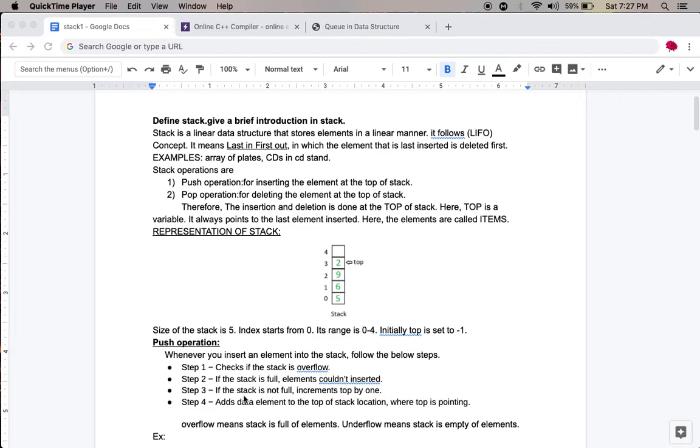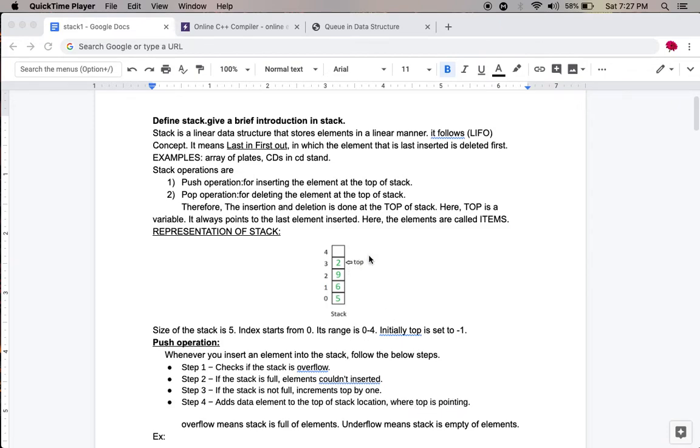If the stack is not full, then first we have to increment the top value by 1. Then the top points to an empty location, and you have to add the element in that empty location where the top is pointing.